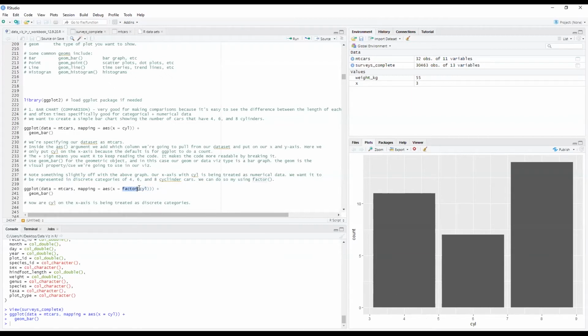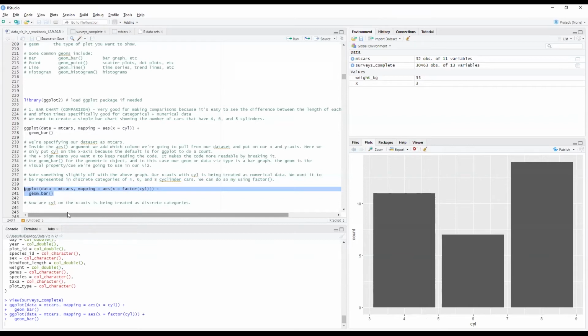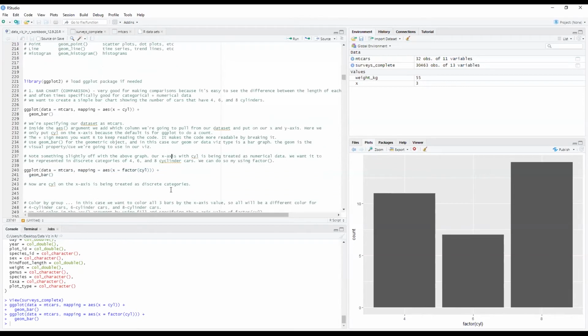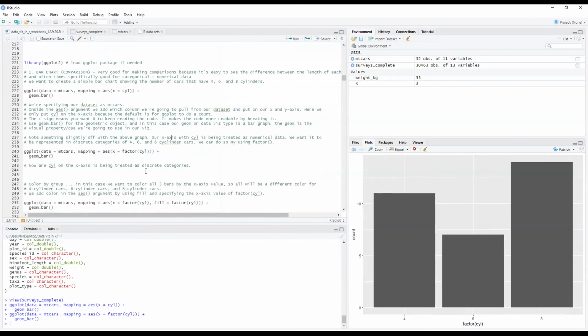So we can do that within the ggplot argument here. The only difference that we did is that we put this factor cylinder and just replaced cylinder here. So take a look at what happens here. I'm going to execute this. And great. Our 4, 6, and 8 are now treated as categories. Perfect. So this is just one little thing that, as you learn a little bit more, you utilize, and you can fit it right in here.